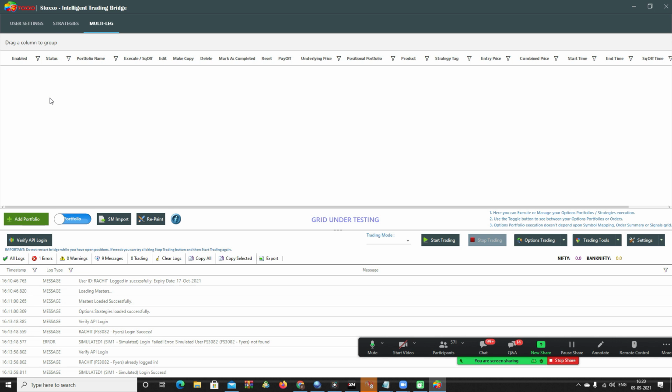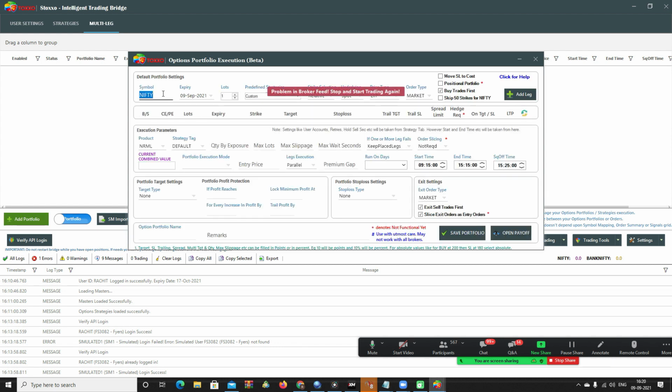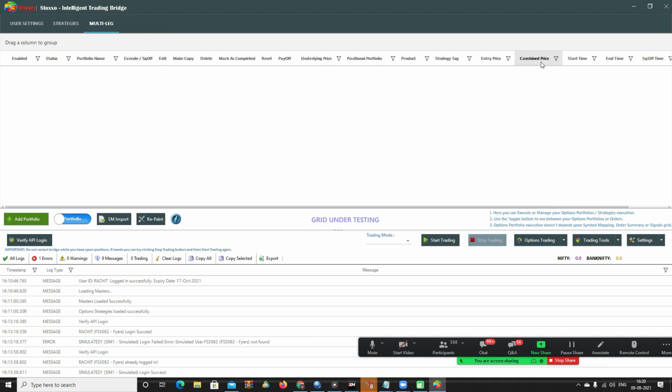How does Stoxxo help without the no coding module? For example, if I'm moving ahead to the add portfolio part, let's say